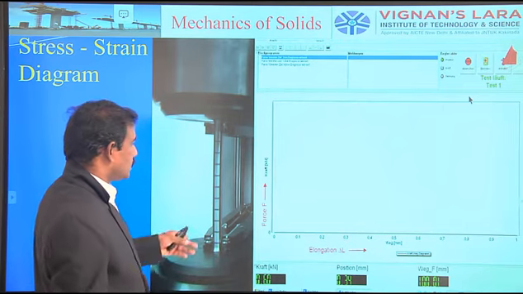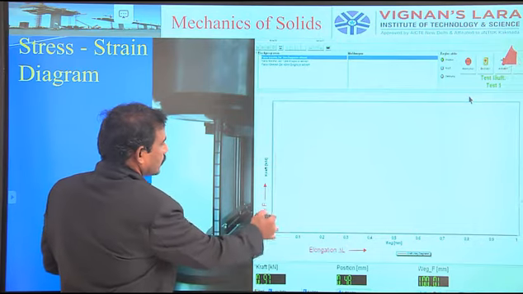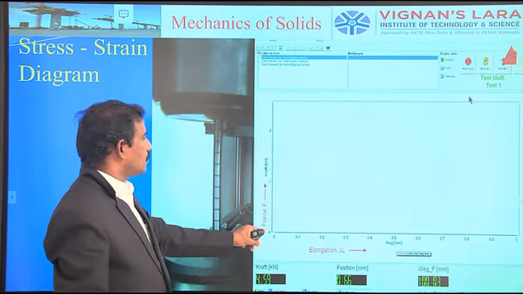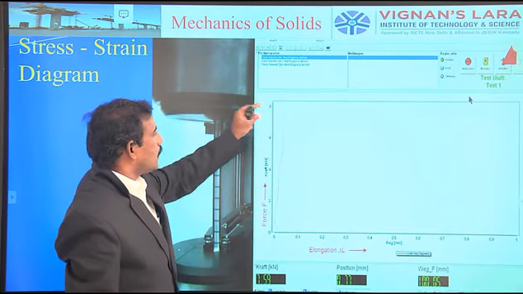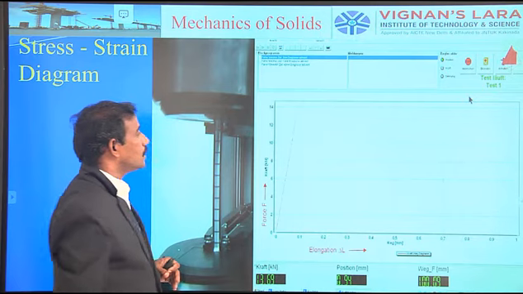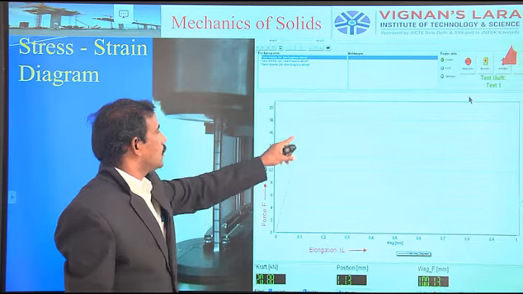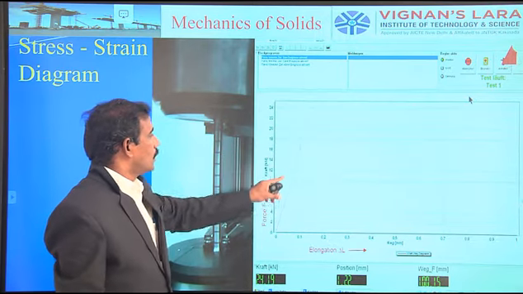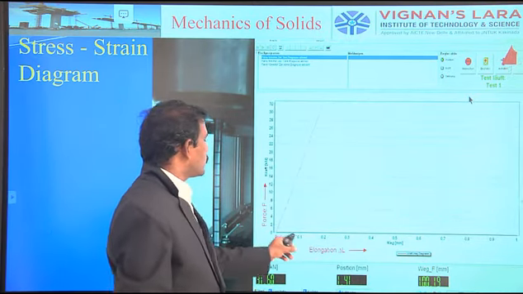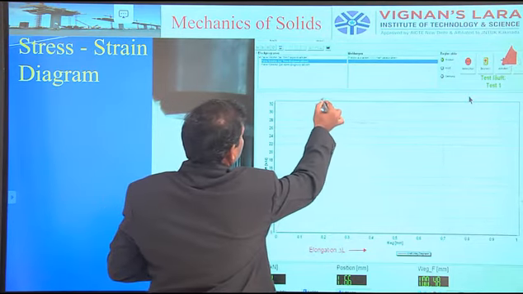Let us see. Generally force is applied on the specimen. So the red color represents the relation between the elongation and applied force. If you observe, as the force is increased gradually, the elongation is also increased proportional to the applied load. That is represented by the red color line. The red color line shows the proportional relation between the deforming force as well as the elongation or deformation. So at a particular point,